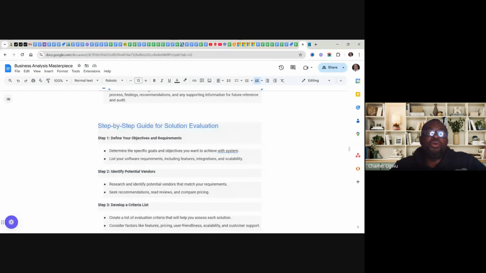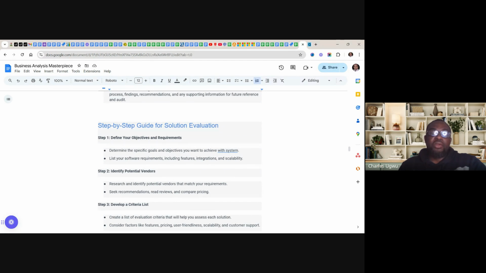Once you get your objective, determine the specific goal and objective you want to achieve with the system. List your software requirements, including features, integration, and scalability. So you have to list what you really need, like the features, the integration, and scalability. Once you get them listed out,